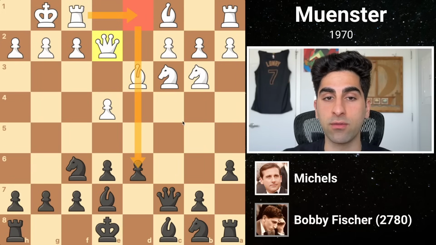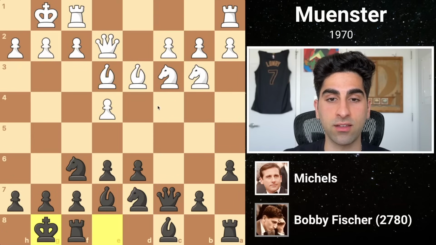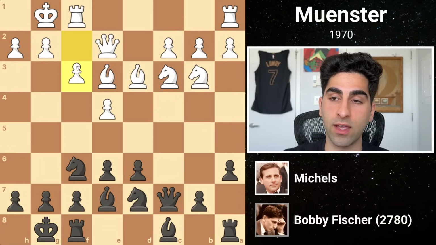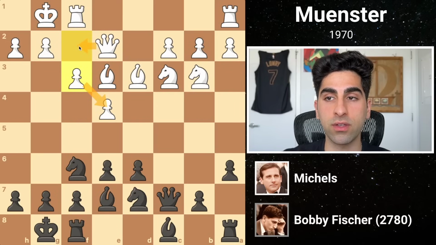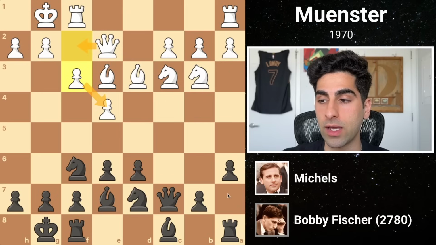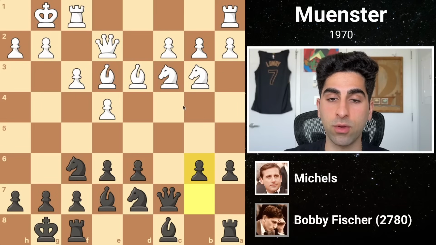Black develops his knight from b to d7, and after white brings his final minor piece out with bishop e3, black castles his king to safety. White's f3 solidifies his center pawn while preparing to shift the queen over to f2, creating a battery aimed at black's queenside. Black proceeds with b6, opening the square for his bishop, and white follows through with his plan of